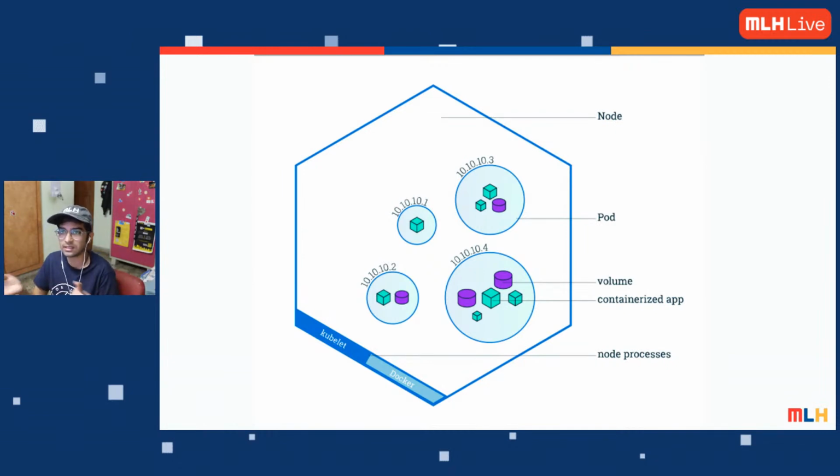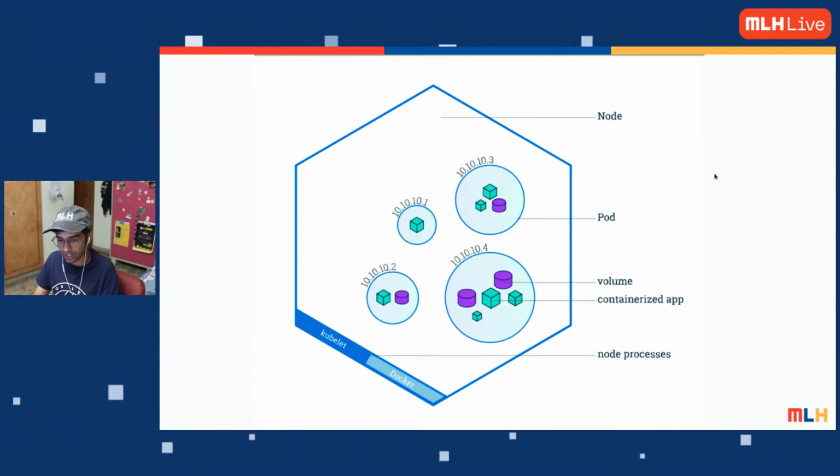Why do we need multiple containers? What is a volume? Volume is the space occupied by that pod. So the way we say system volume, the volume of my system, in gigabytes or megabytes. So that is where the volume comes in. Now, each node has multiple pods. That is all I need to remember for now, that each pod has a container, or each pod is a container. A couple of pods form a node, or should I say a node contains pods.